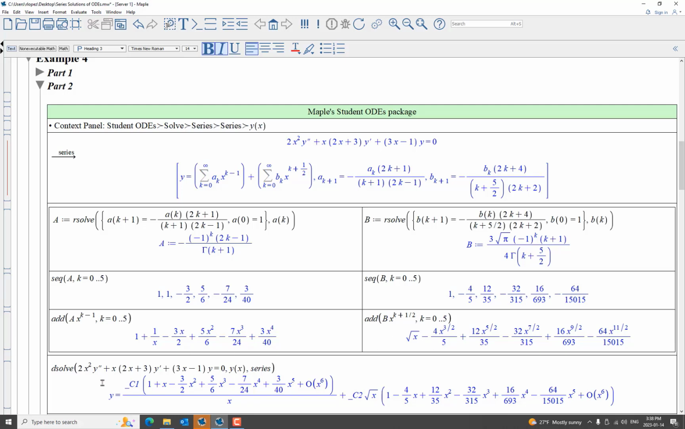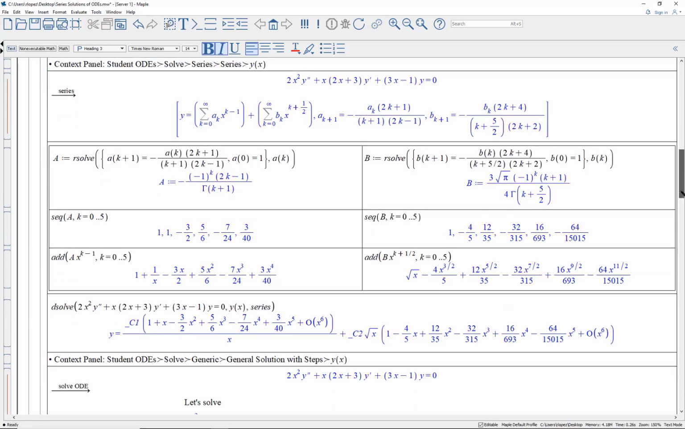And if you do dsolve comma series, you get these two series, but they're truncated. You can get as many terms as you like, but they're truncated. You don't get a general form. You see these terms match down here, and these terms match down here. Now, surprisingly,